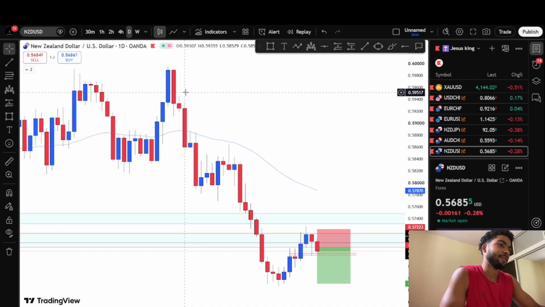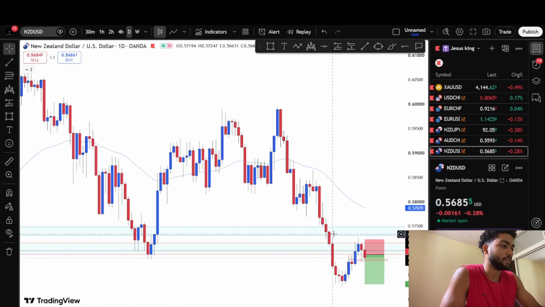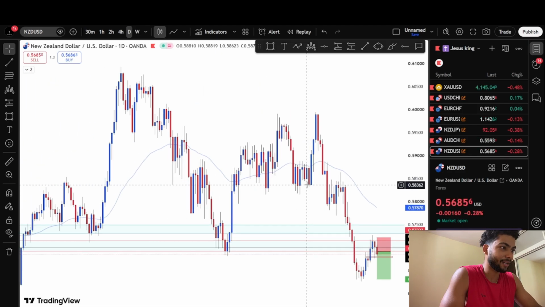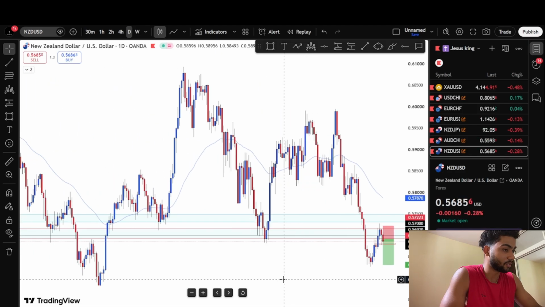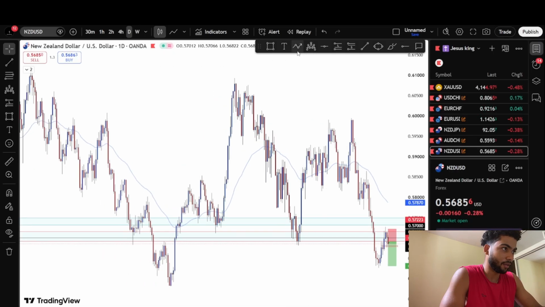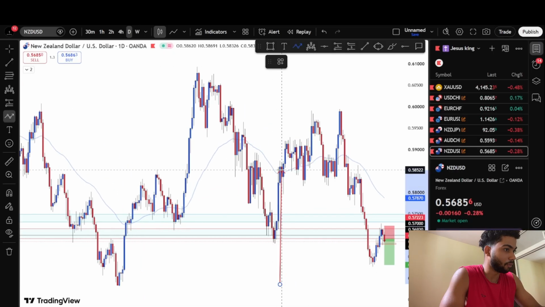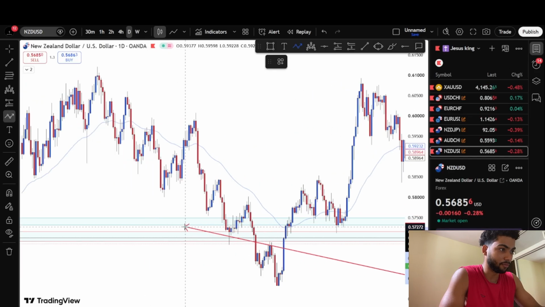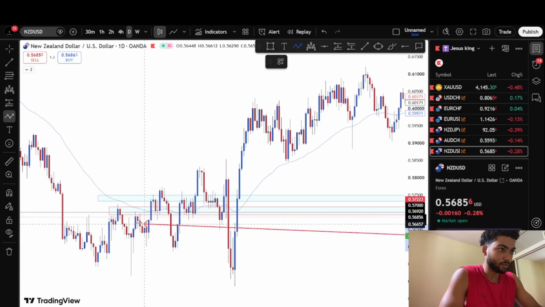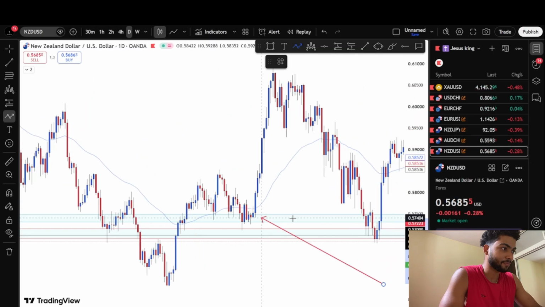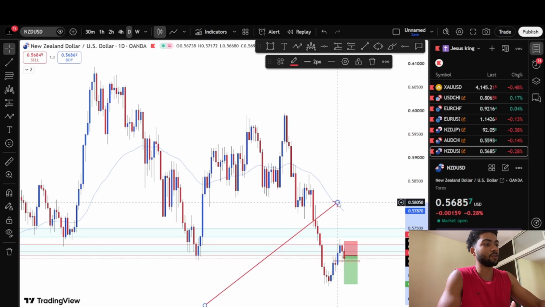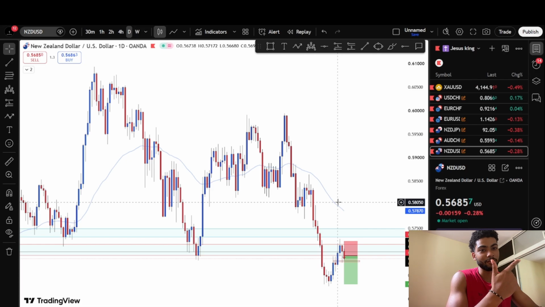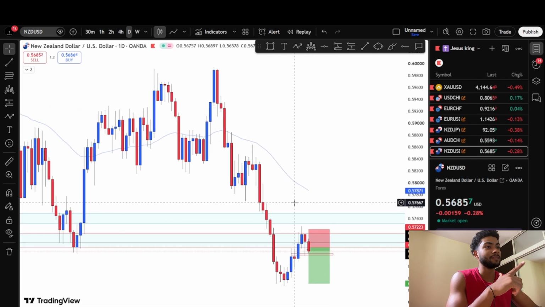So on the daily time frame, we are bearish. This is the lower low. This is the lower high right here. I have this level of support and resistance, and whenever we are above this area, we head up. Whenever we are below, we head down. Whenever we are above, we head up, and so on and so forth. So I have two consecutive time frames in sync, which is the weekly and the daily,